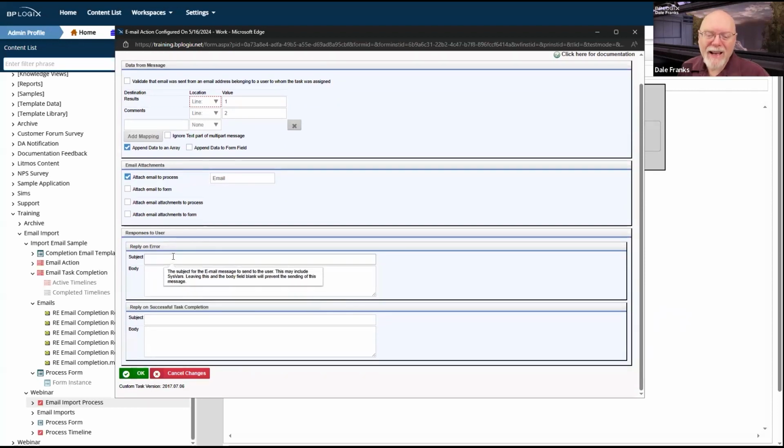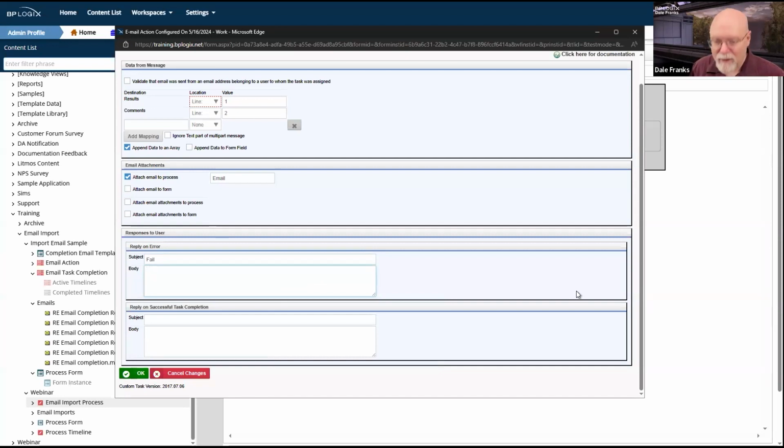At the bottom, I need to have a success and failure message. Well, I don't need to. They're actually optional. This will tell me, as the person who sent the response, whether sending the response was successful or not. So while it is optional, I would always do it. I'm not going to make a big deal out of it. I'm going to call that reply on error. I probably shouldn't call that success. I'll call that fail.